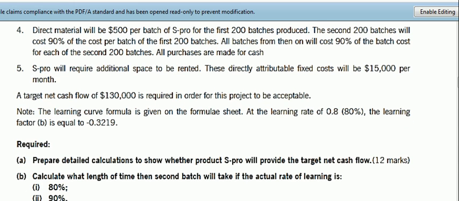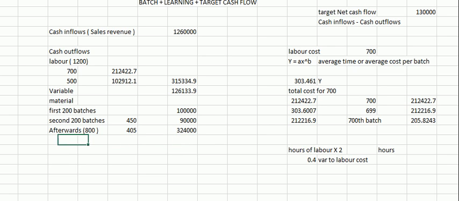After that it says Aspro will require additional space to be rented. These directly attributable fixed costs will be $15,000 per month. Now they are not allocated costs. Remember that directly attributable fixed cost means that we have to pay this additional cash flow for the decision that we are taking, and it is 15,000 per month. Since we are calculating annual costs, the rent amount should be 15,000 multiplied by 12 months in a year, and this will be the total of our cash outflows, which comes out to be